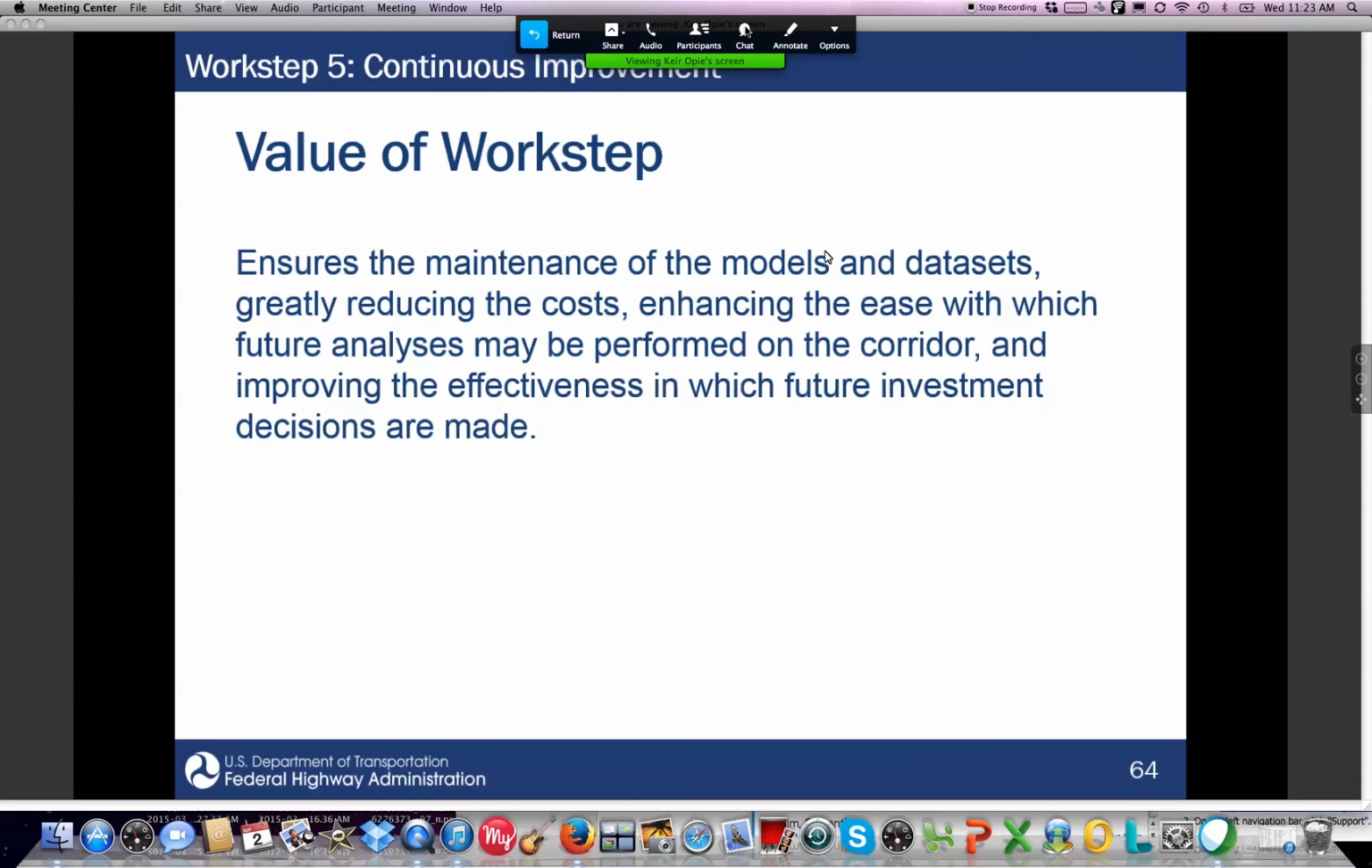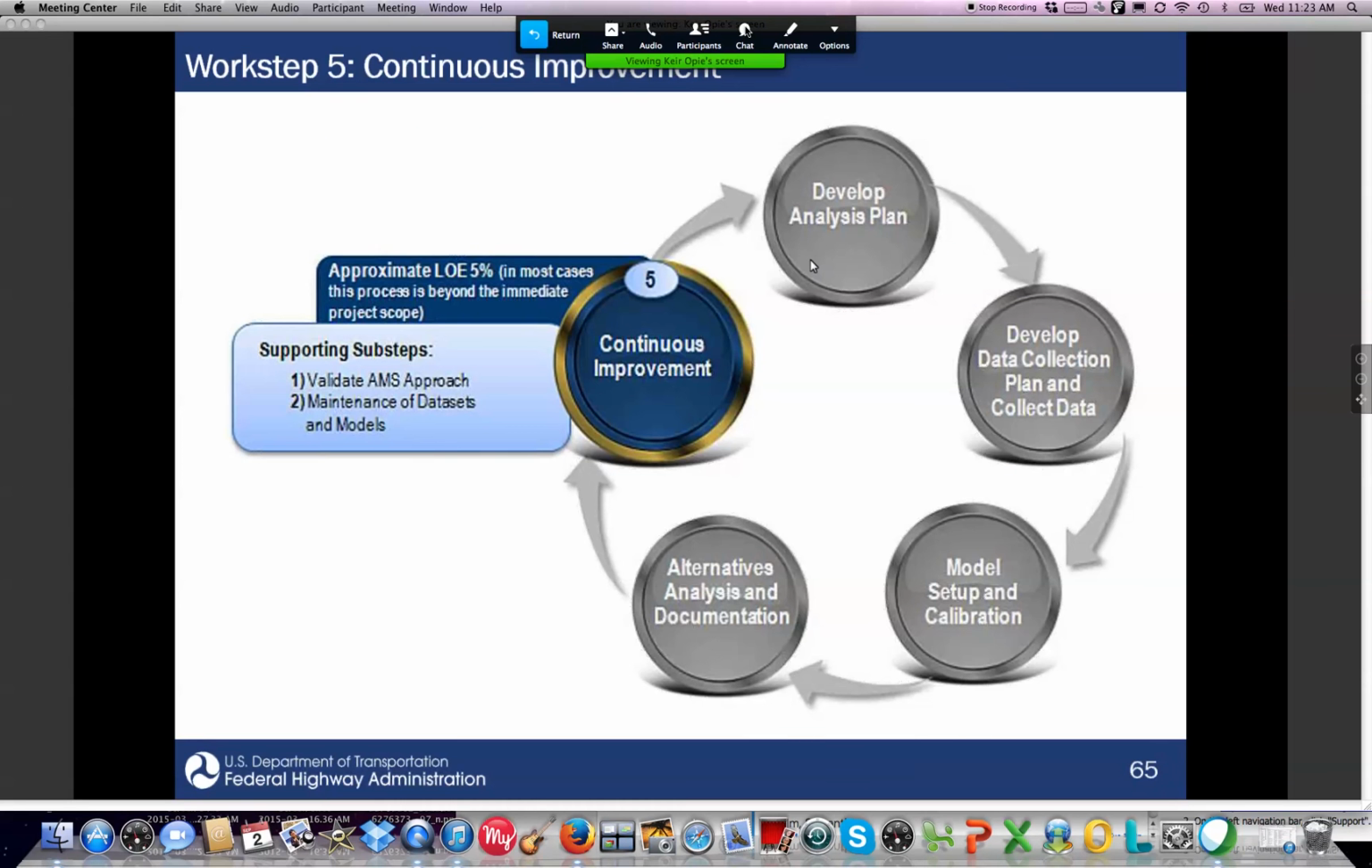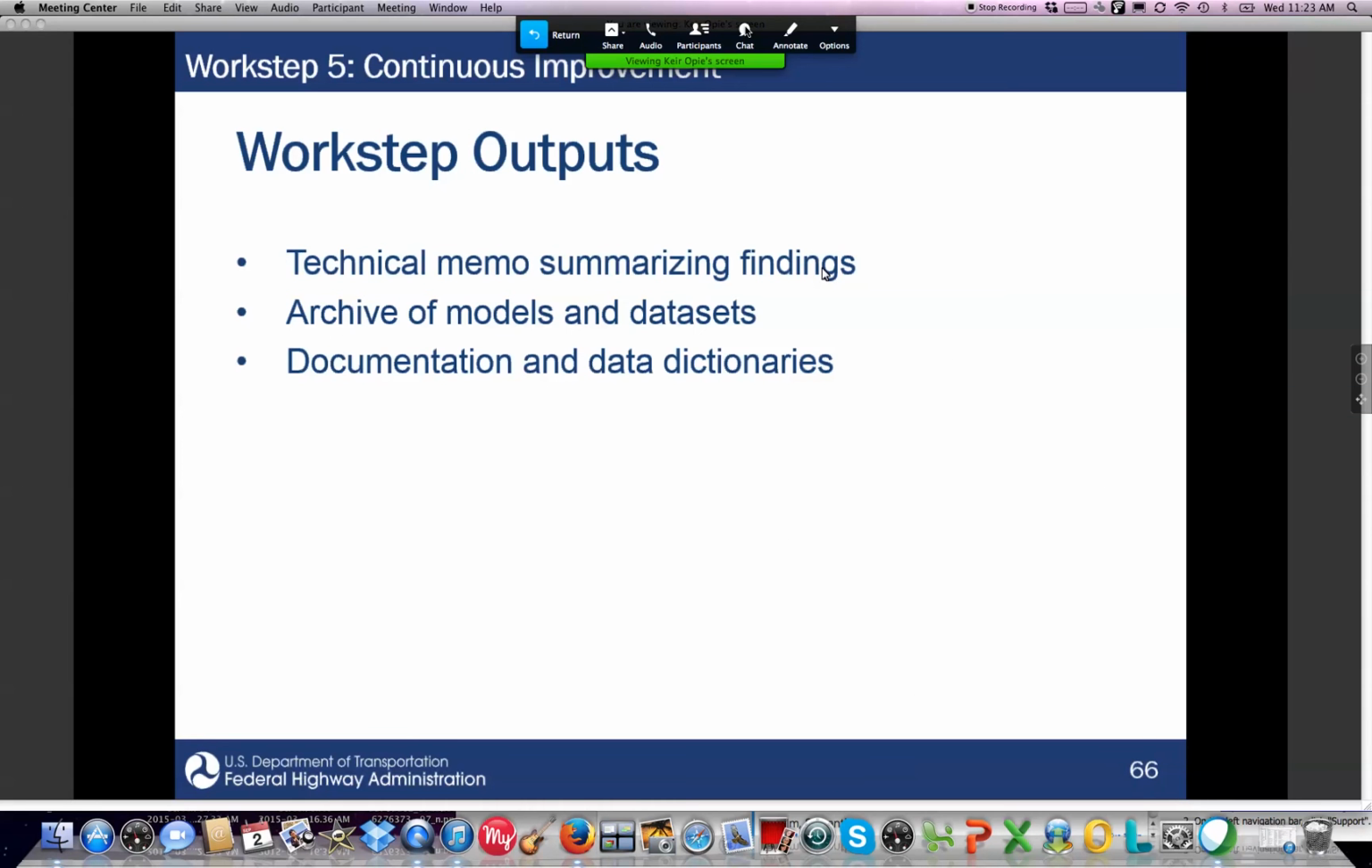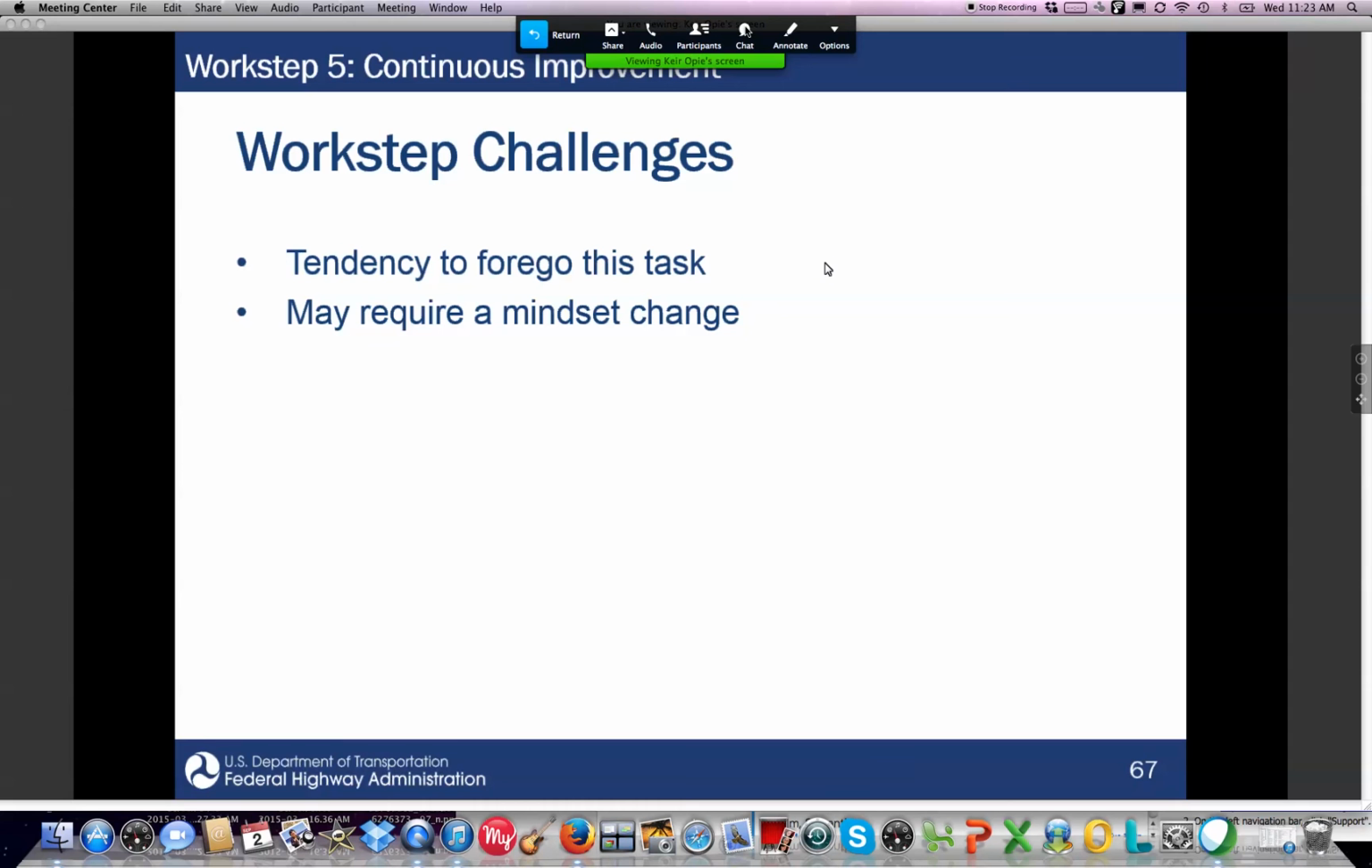So then the final step is continuous improvement. It often is left out of an ICM process, but it's important to make sure that you keep in mind the idea of continuous improvement of the system to make sure this is a living system that moves forward and evolves, and that the models and the AMS strategies that you're developing can move forward. I'll breeze over this because